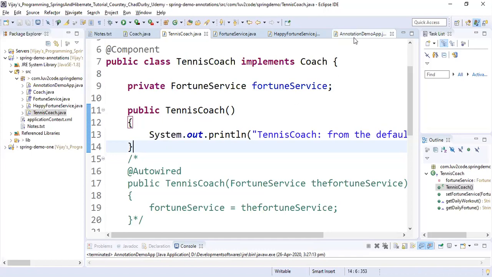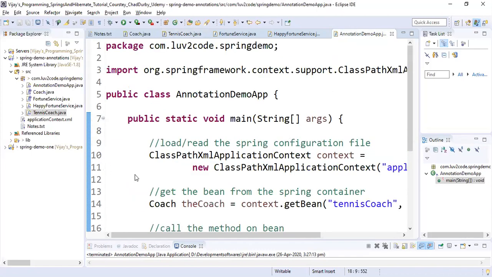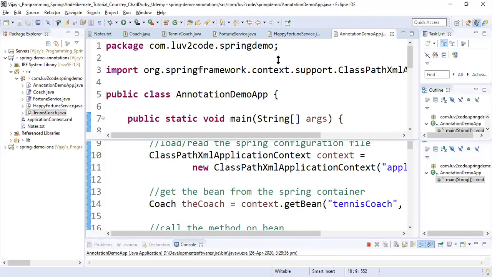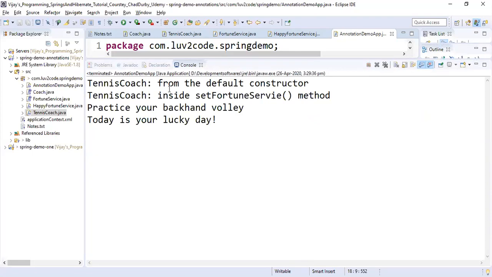Come to the AnnotationDemoApp.java, right click, run as Java application. We will get the output from the default constructor and inside setFortuneService method, that is the dependency injection.